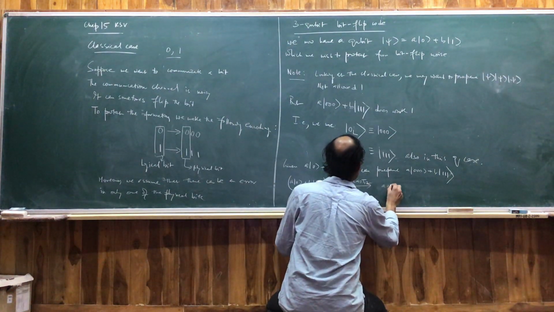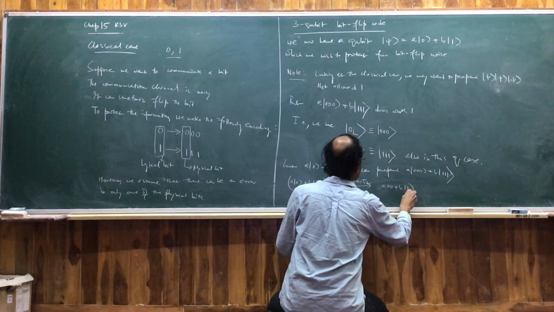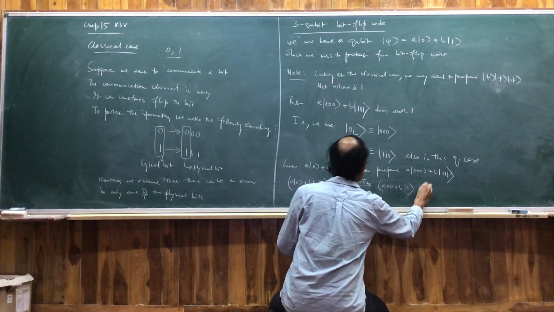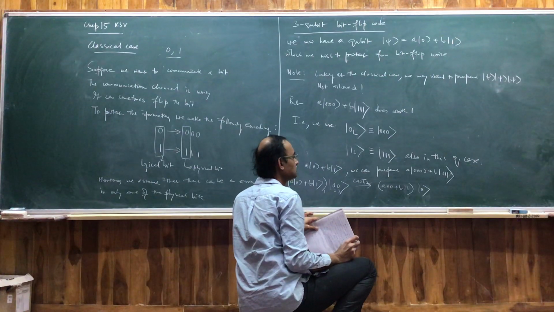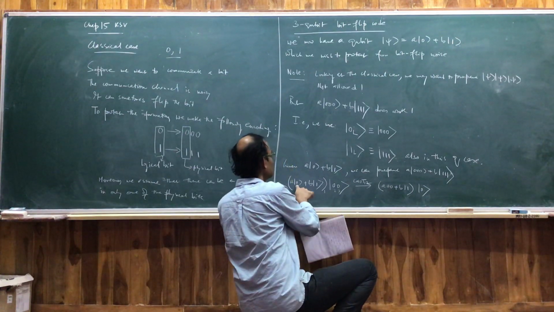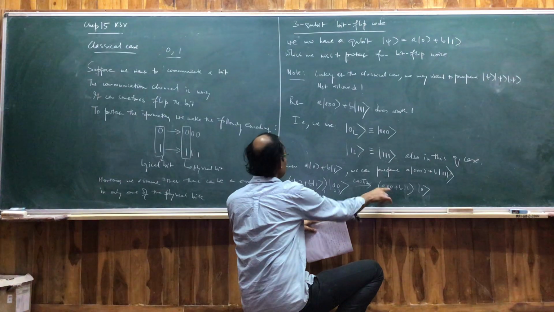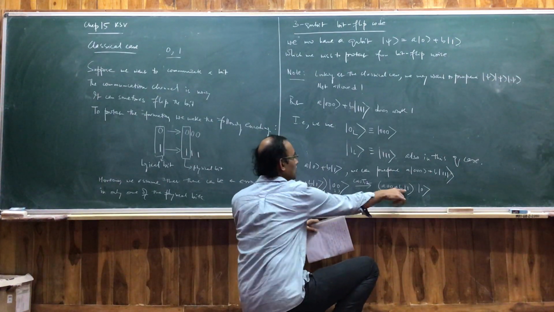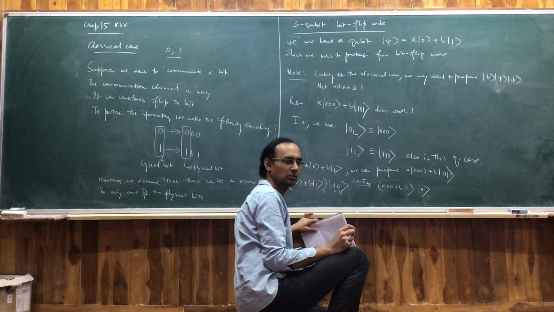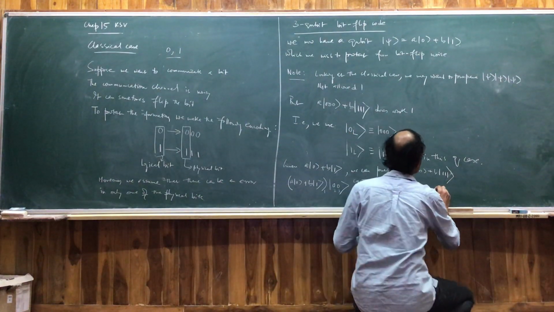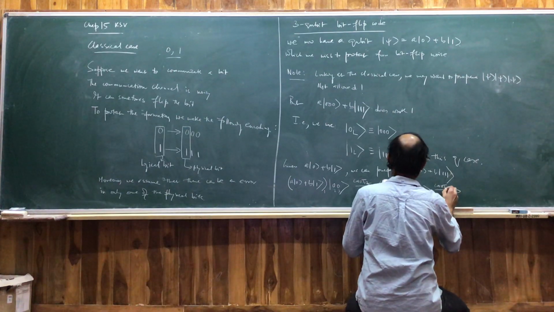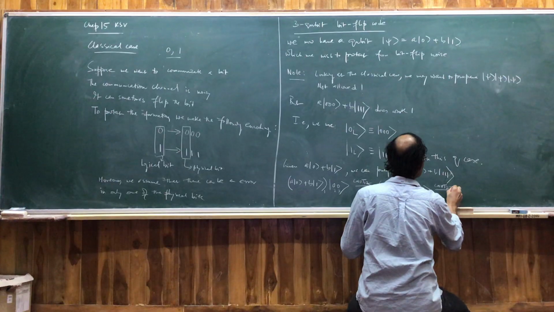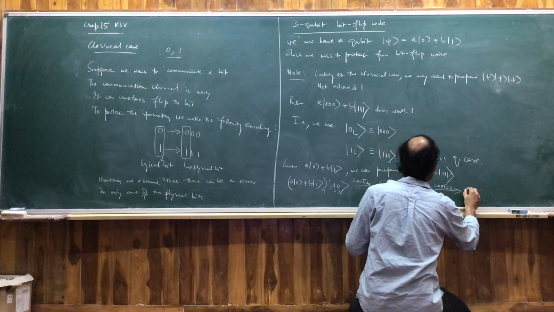You land in a and a 0, there is a ket notation that I am not writing. Yes? 0, 0 is taken to 0, 0, and 1, 0 is taken to 1, 1 by a C0. You further apply C0 to 1, 2, 3, let's say, and you land in